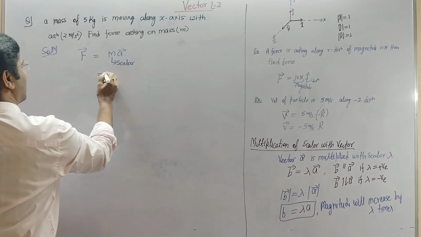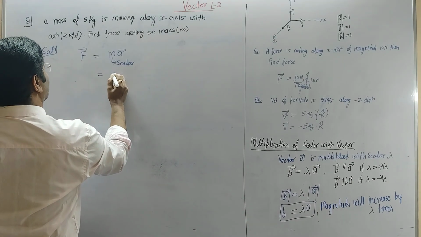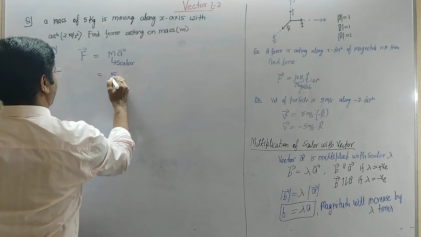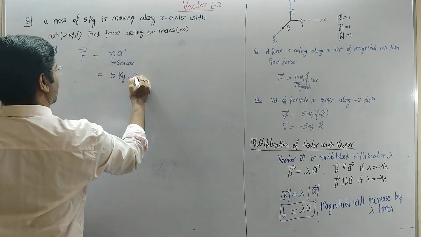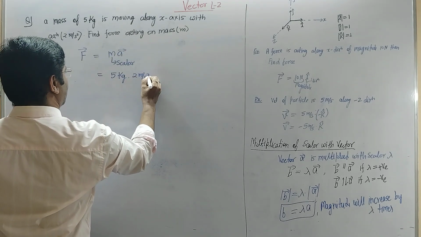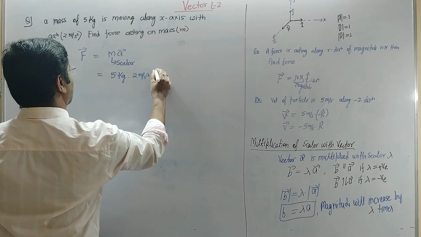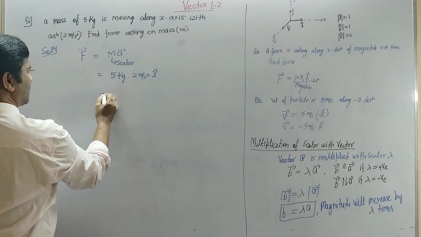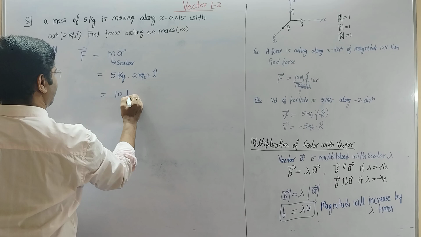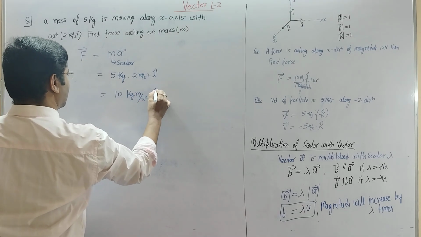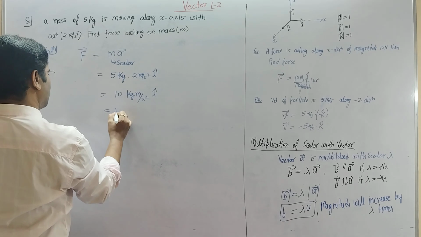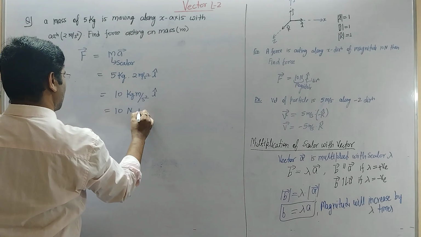So here mass is how much? Mass is given 5 kg, and this is 2 meter per second square. And in which direction? X direction, I can take I cap. So this will be 5 into 2, 10 kg meter per second square into I cap, and this is nothing